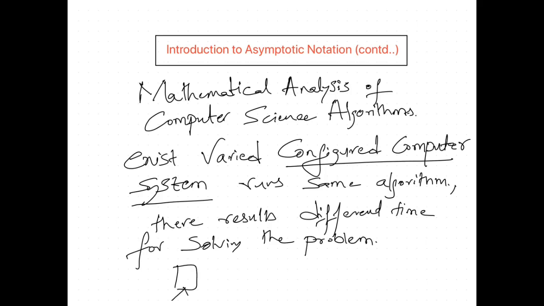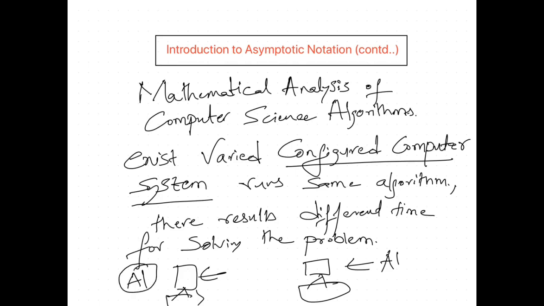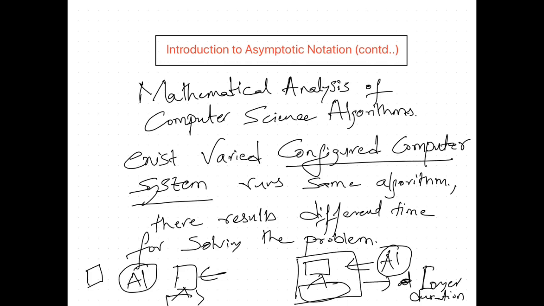Suppose there exists a high-end computer and another computer which is a low-end computer. Now this high-end computer is executing the algorithm A1, and this low-end system is also executing the same algorithm A1. The A1 algorithm executes on the high-end system in a short amount of time, but the same algorithm implemented on the low-end system executes for a longer duration. Hence